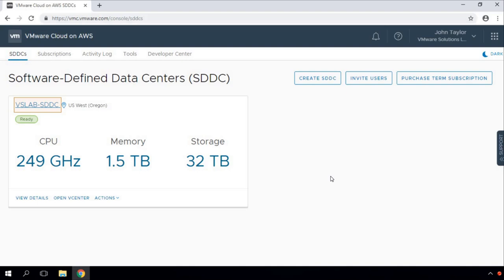As you could see, our SDDC is successfully deployed. Since it's a simulation based learning platform, it happens really fast, but in general it usually takes 90 to 120 minutes for a successful deployment of an SDDC.